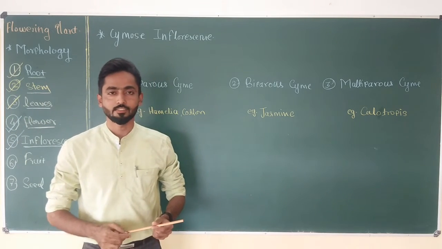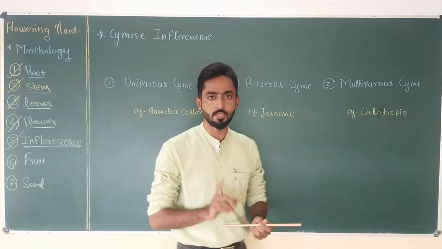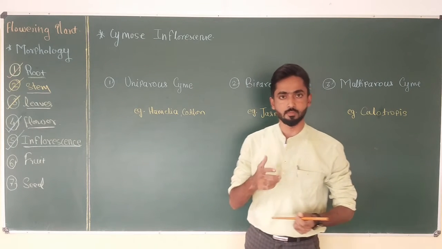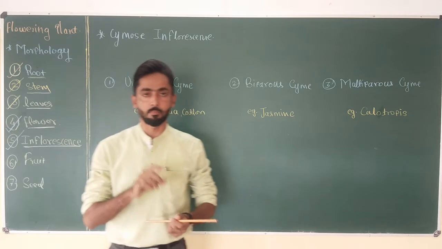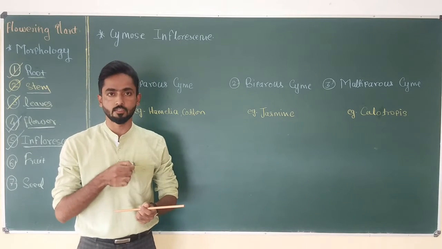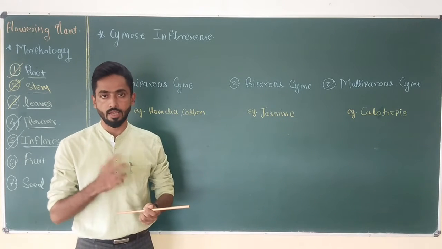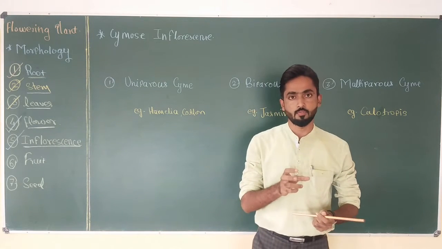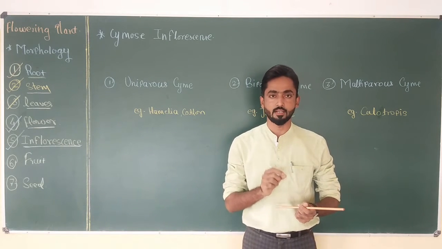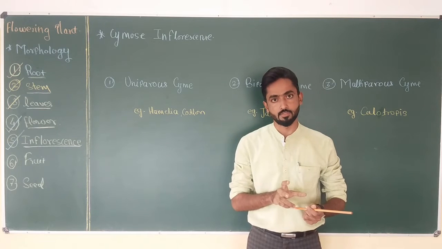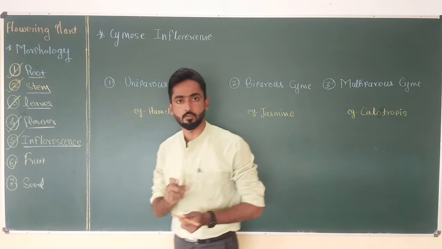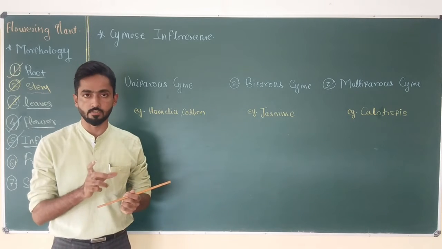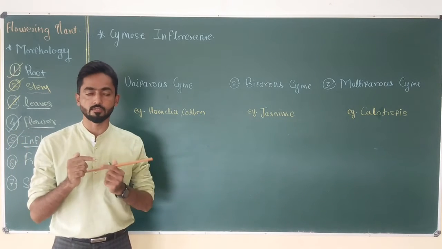Hello everyone. In the last video, we discussed the first type of inflorescence, that is racemose. In racemose inflorescence, generally the peduncle or main axis shows unlimited growth, and the arrangement of the flowers is acropetal. That means the older flower is at the base while the younger flower is found at the apex. And the order of opening of flowers is centripetal. That means the peripheral flower opens first and then opening moves towards the center.